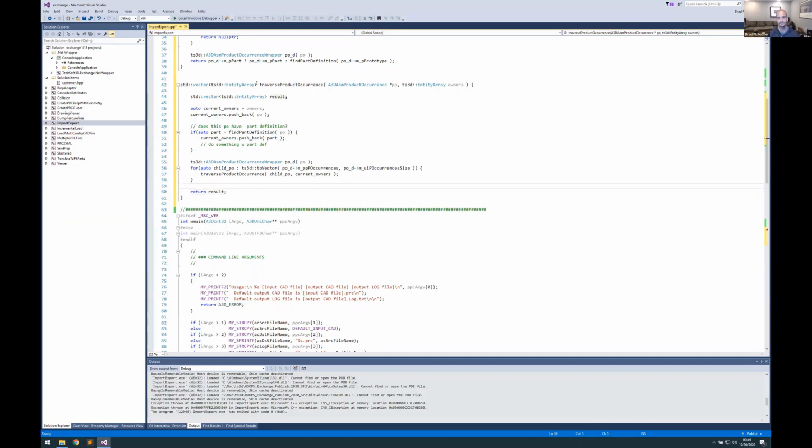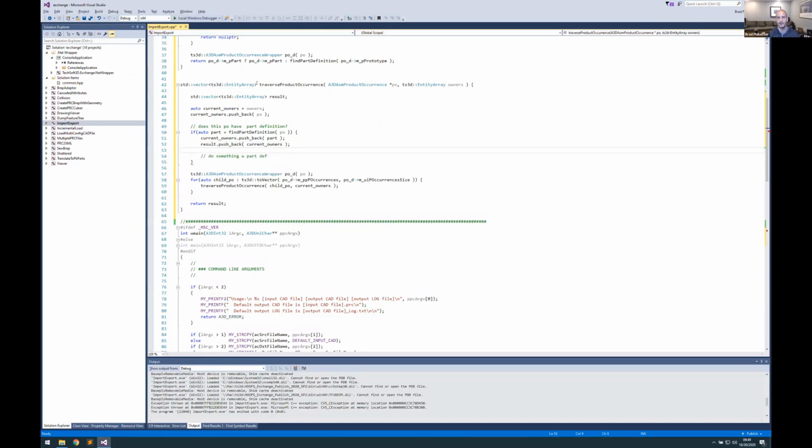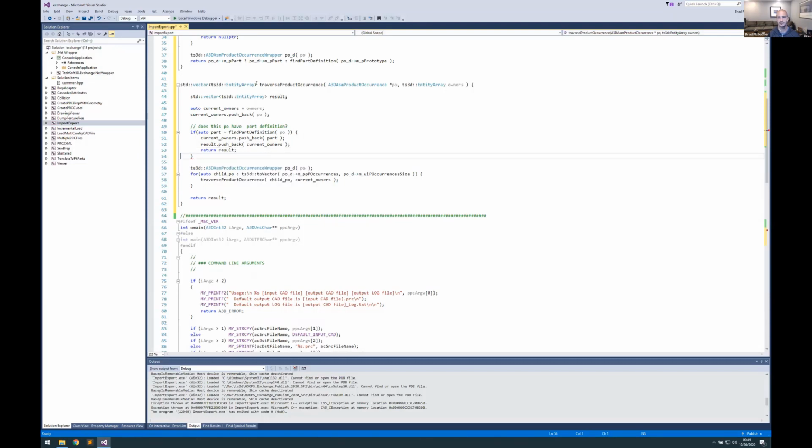Let's see. In here, we want to add current owners to the result and then return the result. So this is our terminal state for this recursive call. And here we have